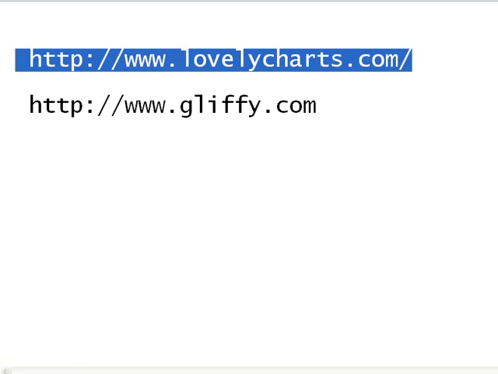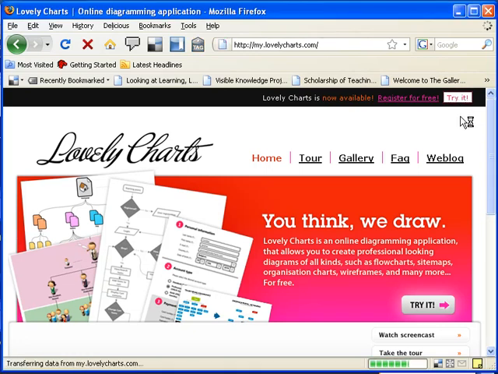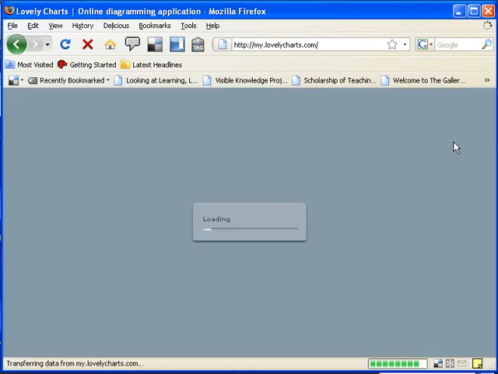Okay, so I'm going to log in now. And if you don't have an account, you can click the Try It Now Here button and sign up for one. Okay, and so now it's loading up the application. You can see in the welcome screen here, it lets you create different types, and we're going to use what's